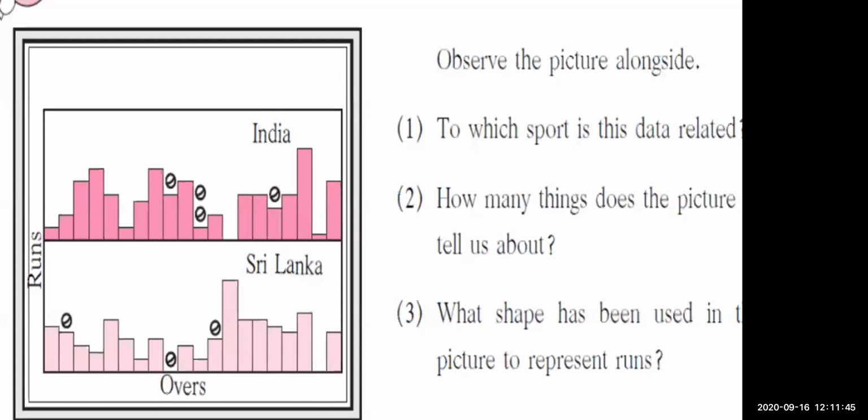Bar graph, no. I asked you the shape. Square, no, beta. No, it is showing the shapes of bars only. Bars are here. See, you can see the bars are touching one another. The bars are touched. So these pictures are showing the bars. So today we are going to learn about the chapter that is bar graph. Is it clear, everyone? Today we are going to learn chapter number 6, that is bar graph.